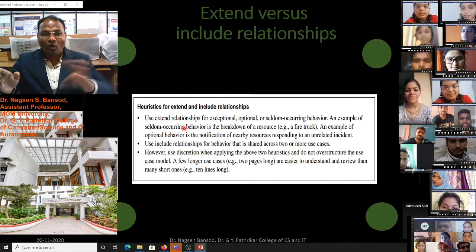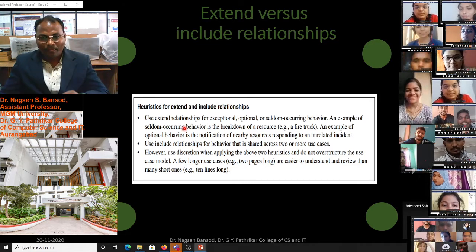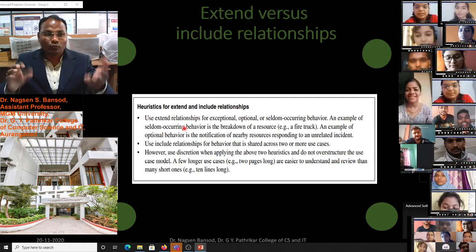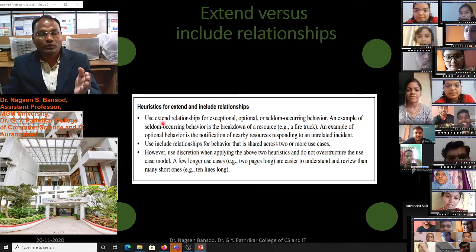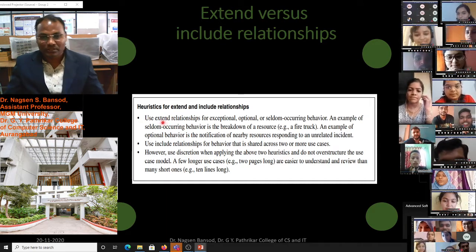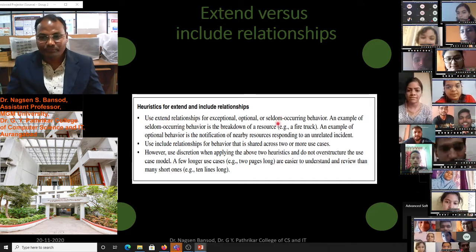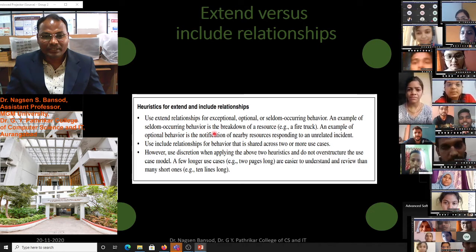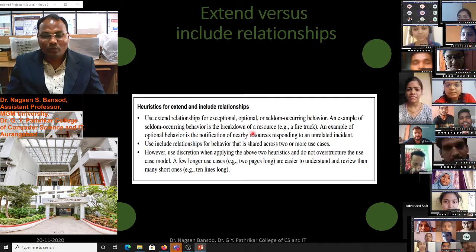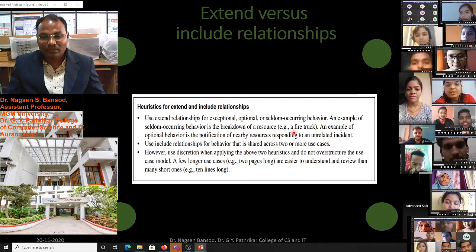This is the optional. From more things, we can take one thing, that is optional. In this case we have to use an extend use case. An example of seldom occurring behavior is the breakdown of resources, for example, a fire truck.